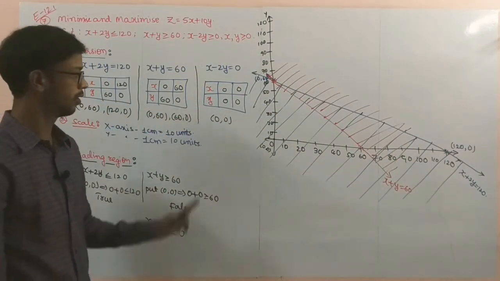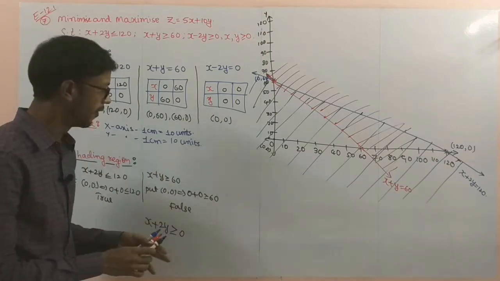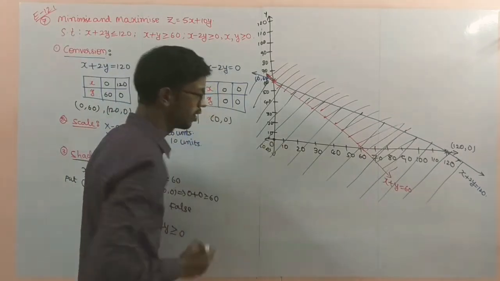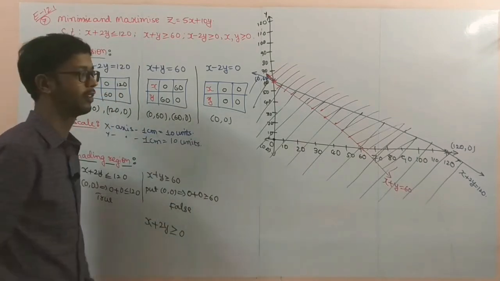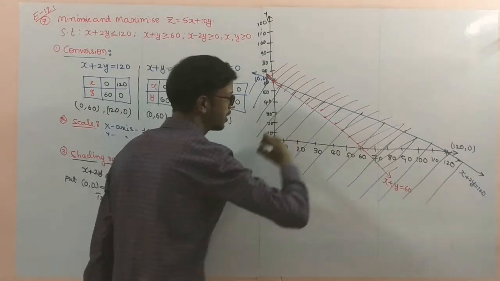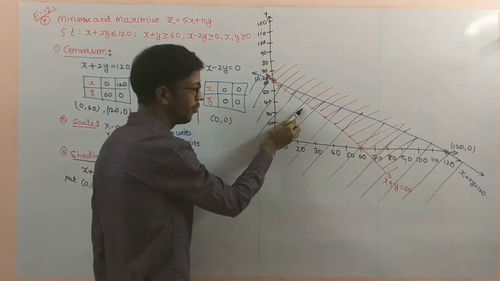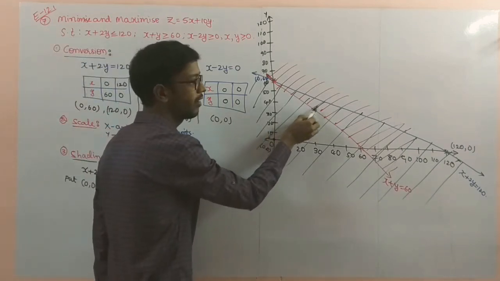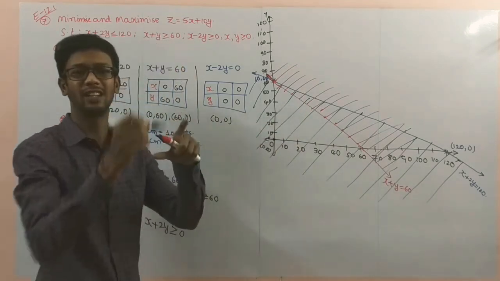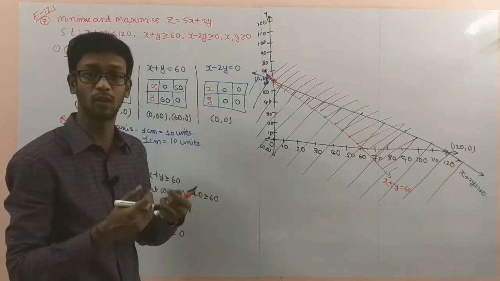So now two completed, but the third one is still pending. This is a very important one. The point is here, point is 0 comma 0. The line equation passing through this point, we know that one. You have to draw one straight line passing through the origin. But if we are keeping the scale with some change here, the intersection points will be changed. If you keep the scale with even a little change, the answer will be totally wrong.